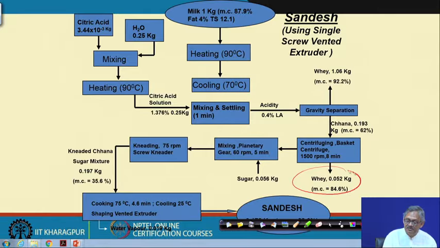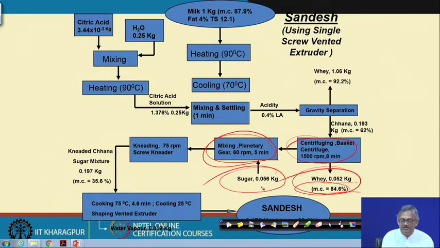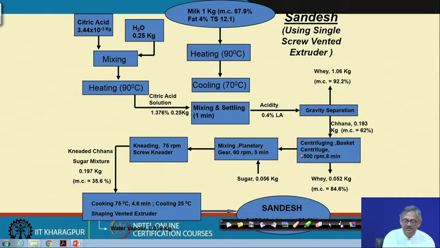Then we get some whey also, around 0.052 kg with a moisture content of 84.6%, and then mixing in a planetary gear at 60 rpm for 5 minutes, where sugar is added, around 0.056 kg. So, this sugar is added to this solid mass and mixed in a planetary gear at 60 rpm for